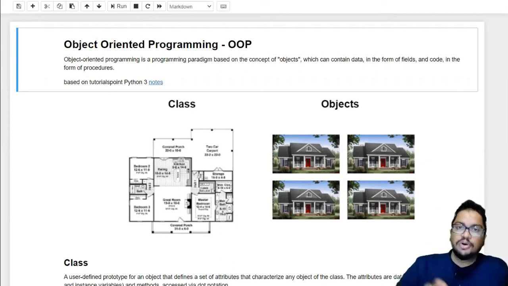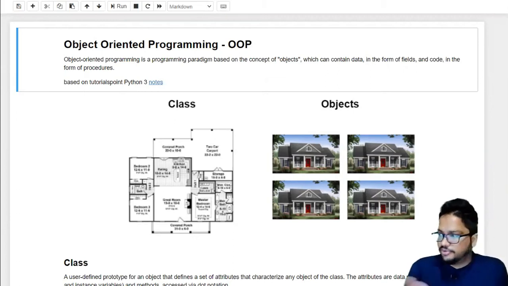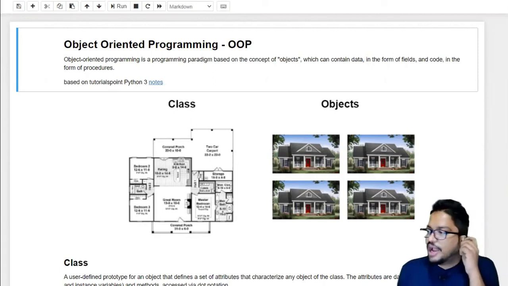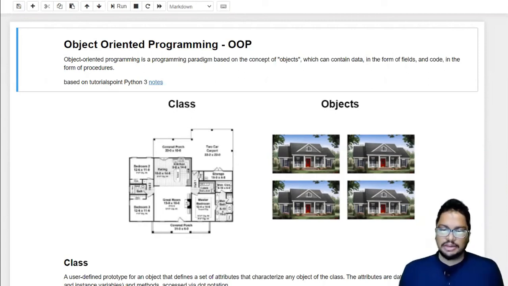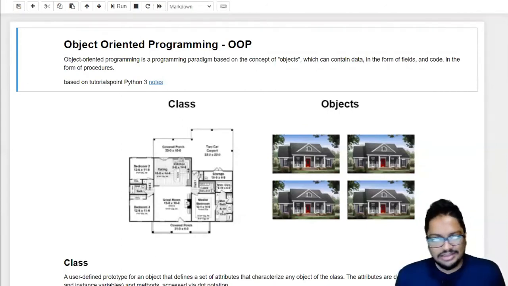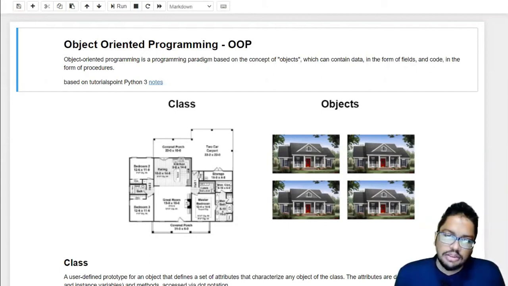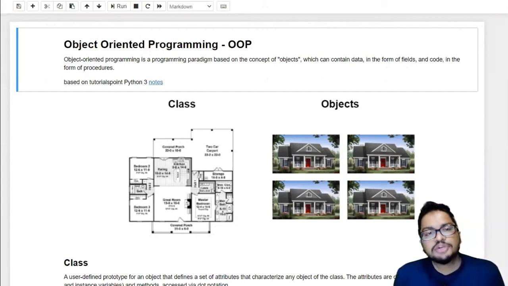But if you take a programming language like Java, Java only supports object-oriented programming. If you want to write even a simple piece of code, you have to create a class. So Java is a fully OOP language, but Python and C++ are quite similar: both support sequential programming as well as object-oriented programming.